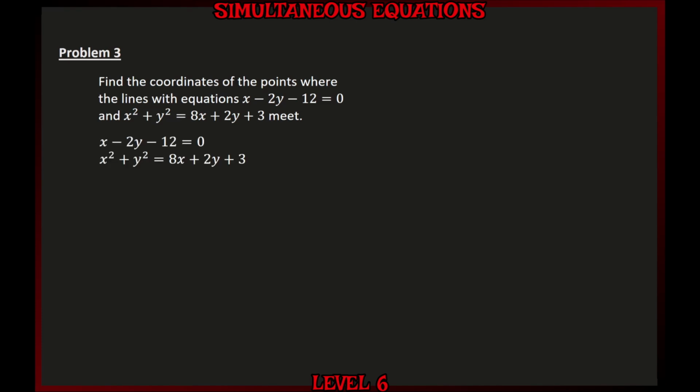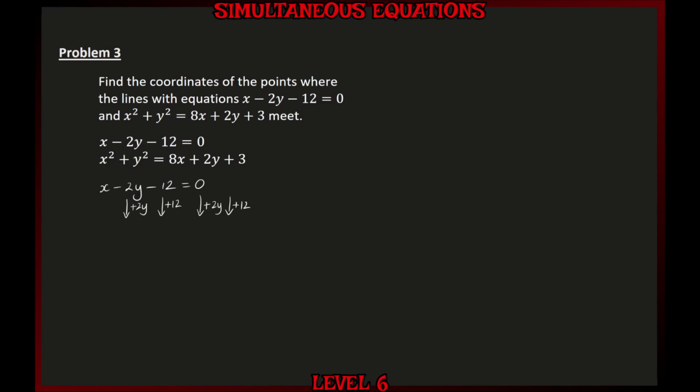Now here, since we have a linear and a non-linear equation, to solve these we need to substitute one into the other, and the first thing we need to do is rewrite the linear equation with either x or y as a subject. So starting with x minus 2y minus 12 is equal to 0, we can make x a subject. And we can do this by removing the minus 2y, by adding 2y to the left, and doing the same on the right, and also removing the minus 12 by adding 12 to the left, and also adding 12